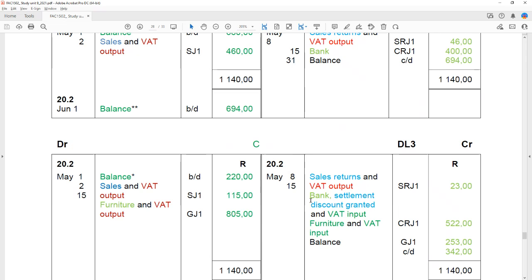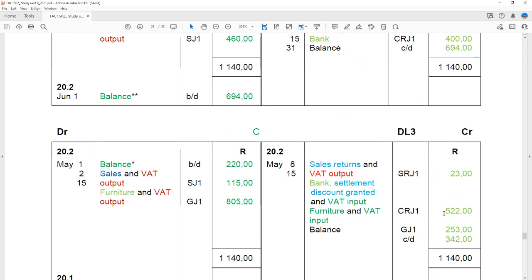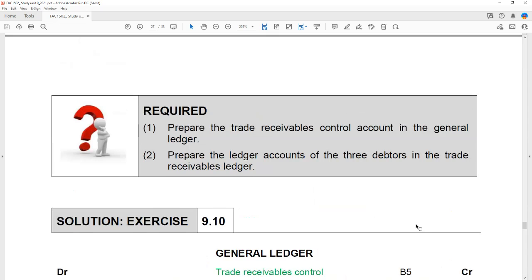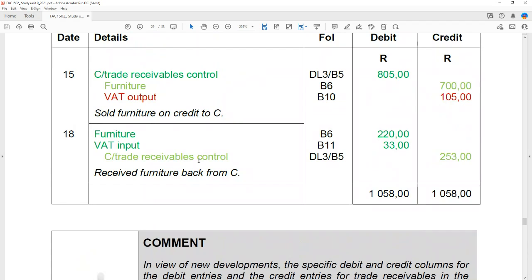So we must bring in our bank, settlement discount plus the VAT. So it's the bank amount, the settlement discount amount, and the VAT gives us the 522 Rand. Then, sorry about this, it's not on the correct line. The 522 relates to the amount that was received from the cash receipts journal, the payment, the 522, and then the furniture and VAT input must relate to this general journal entry because they then returned some of the furniture on the 18th,